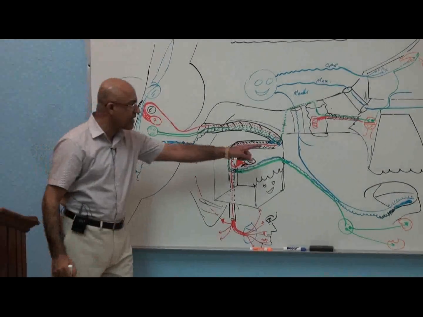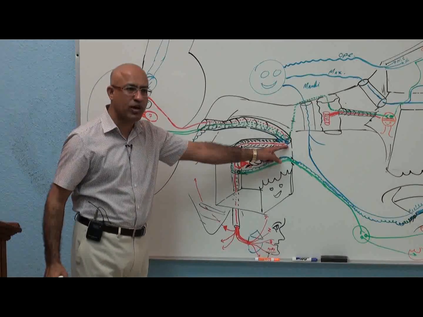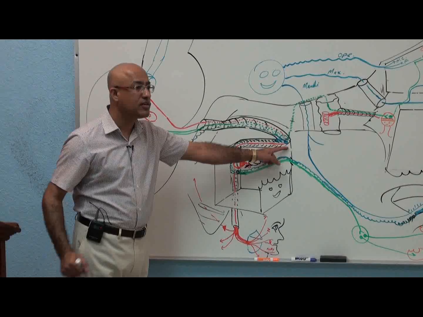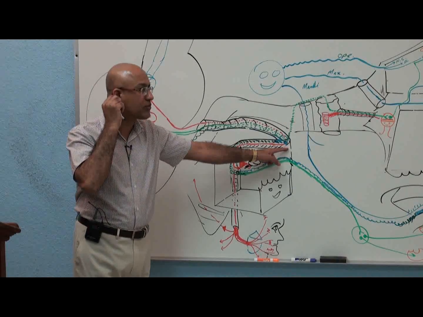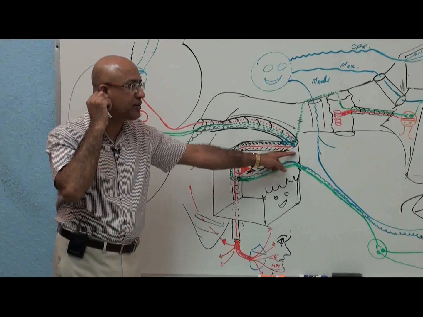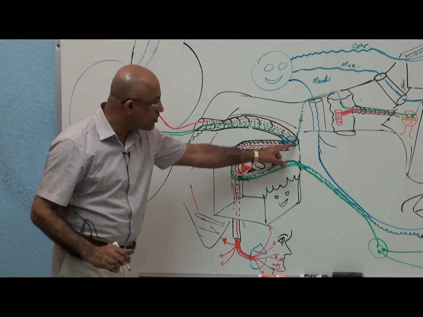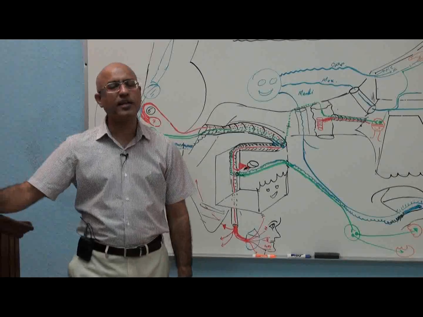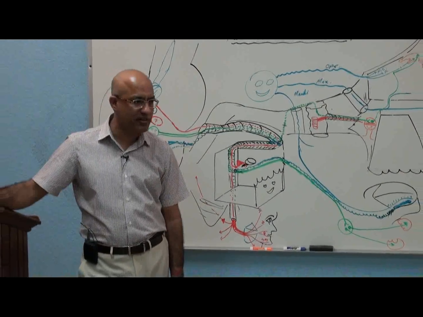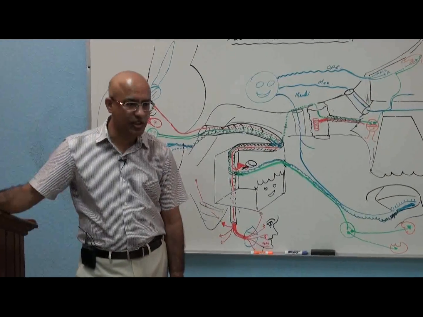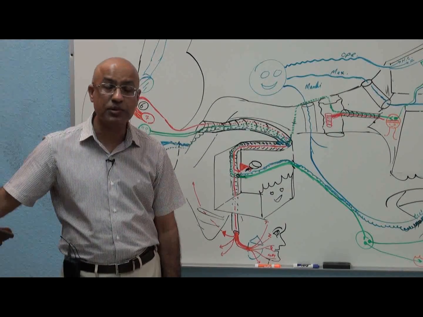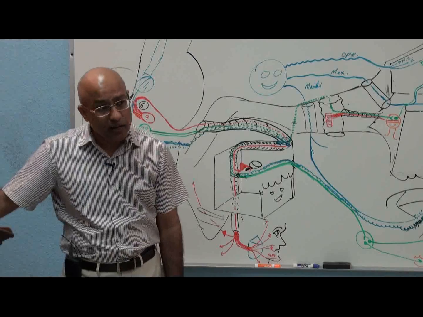In the geniculate ganglion, there are cell bodies of taste fibers, and later on I will tell you about some cell bodies of touch, pain, temperature fibers from here. So the geniculate ganglion is not a parasympathetic ganglion. The geniculate ganglion is a ganglion which has cell bodies of sensory neurons related to taste from the anterior 2/3 of the tongue, and also cell bodies